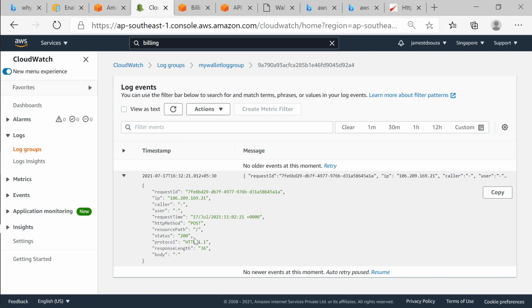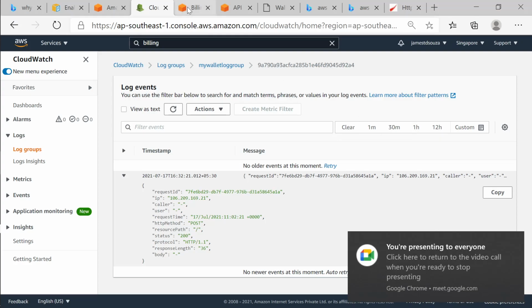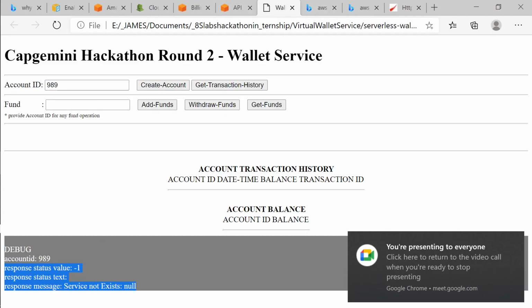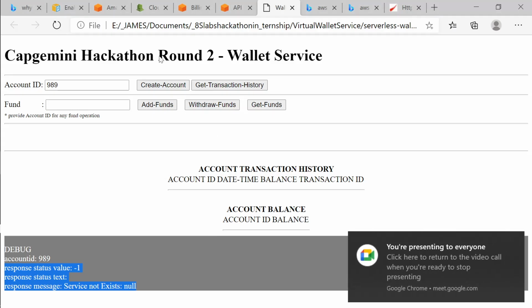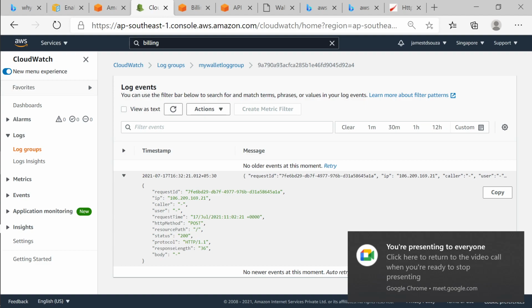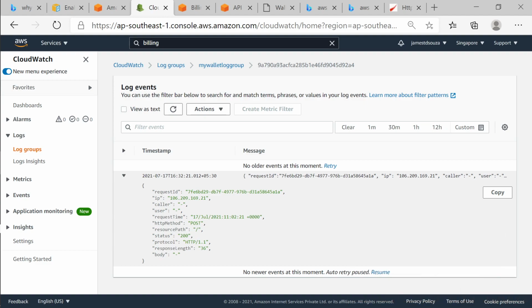So what does this say? In the front end I got an error, actually, over here. I got an error, but in the back end, what do I see? It is a success. So I don't know why it is giving me an error in the front end. That is the part I'm stuck with. But the important thing is my call went through, 200, which means the API call went through.